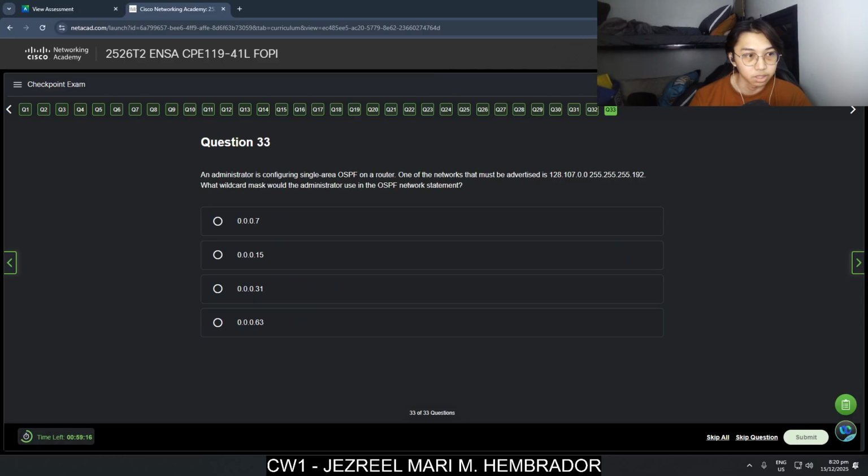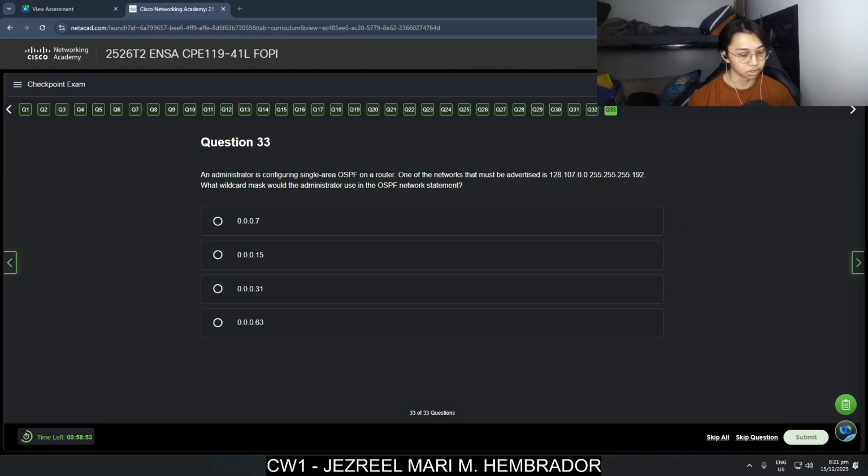For the last one, an administrator is configuring single area OSPF on a router. One of the networks that must be advertised is 128.107.0.0 with 255.255.255.192.